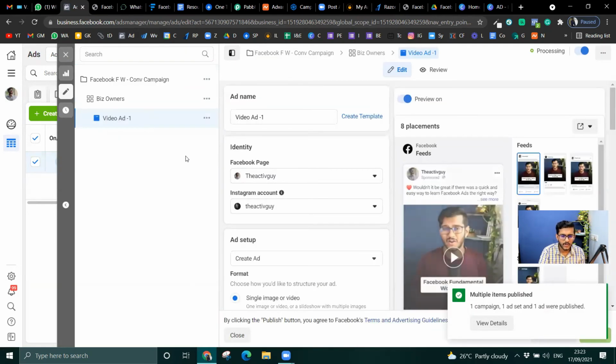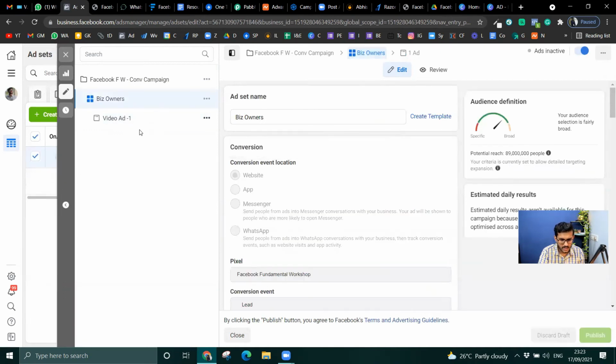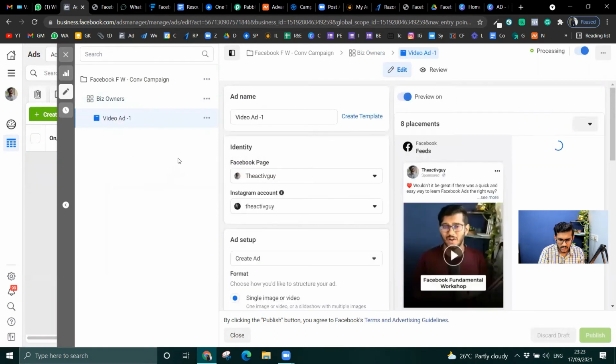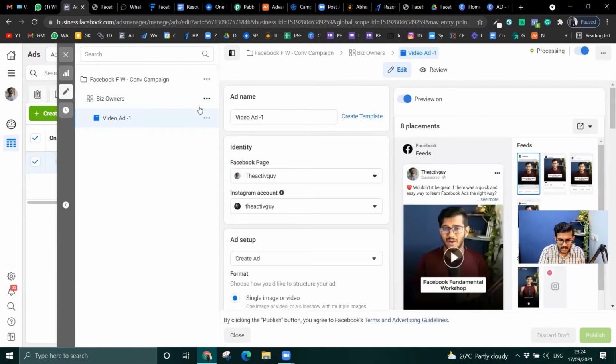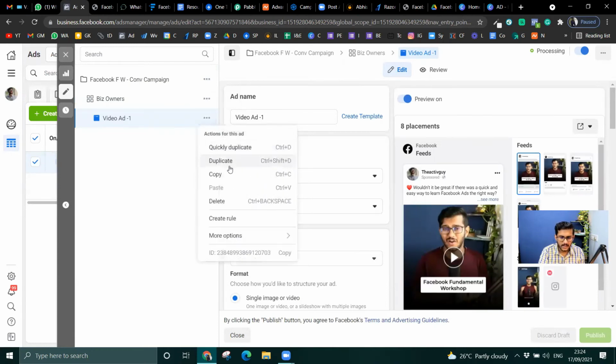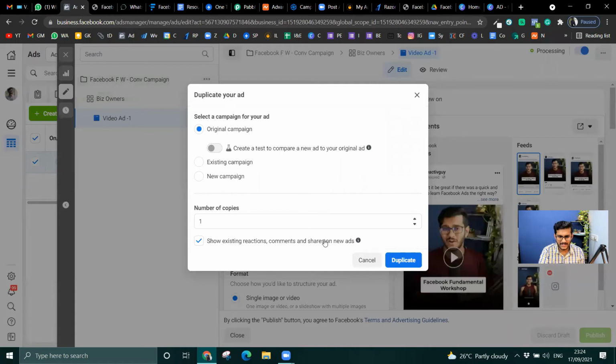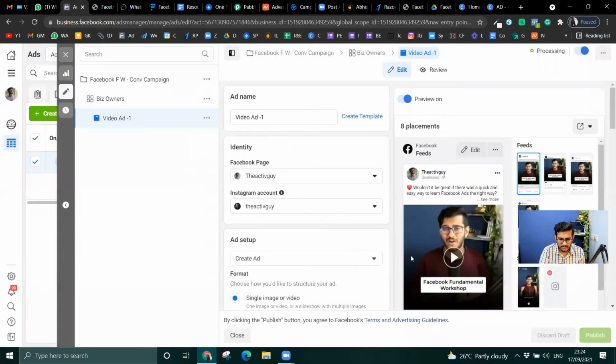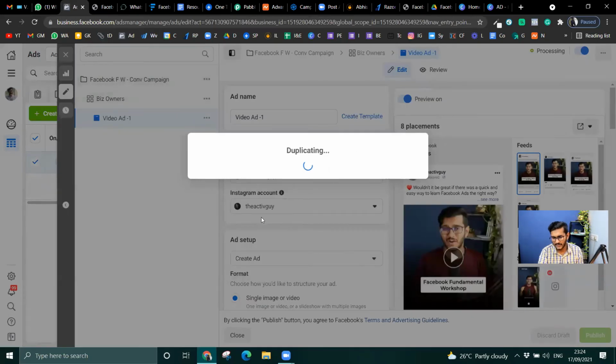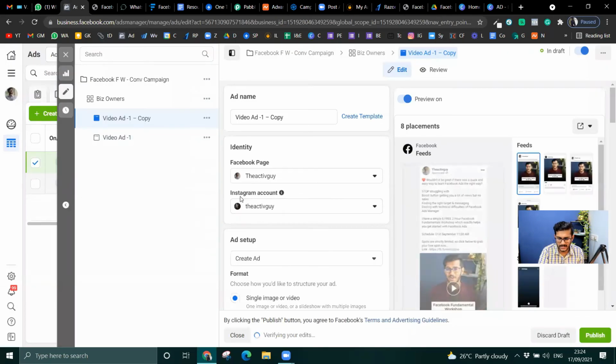Now, what I'm going to do here is add another ad, which is similar to this. After a day, if this ad does not perform well, I have a strategy that I'm going to implement. But now I'm just going to use the basic one because let me test with the bare minimum first, and then I will go ahead and apply different tactics that I have.